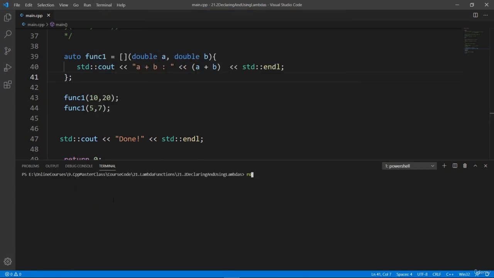We're going to clear and run rooster. Now we're going to see a plus b is 30 as a result of this call here, and we're going to see a plus b is 12 as a result of this call here. Notice that we are passing in integer literals. So the compiler is going to insert an implicit conversion from int to double because our lambda function here is